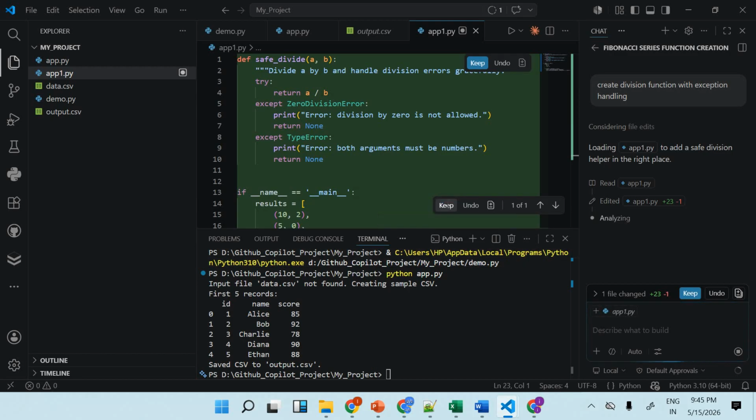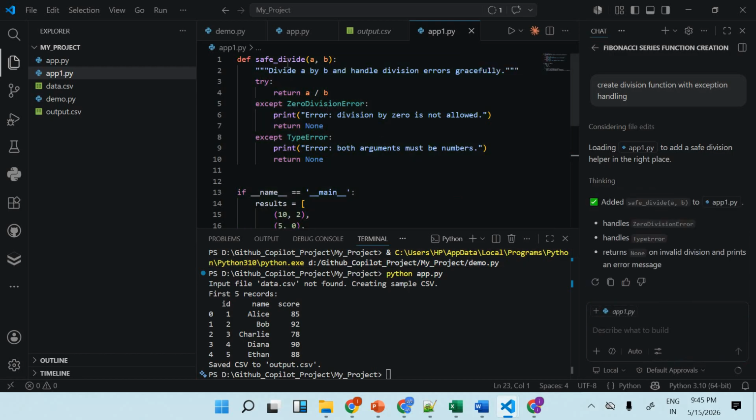Yeah, so I have to click on keep. So that way the divide function is created. Whatever logic we have, right, we can write directly with the help of a prompt. We don't have to write complete code. So that is the way of using GitHub Copilot, right? We can create any data science logic, AI ML logic, right? Suppose I need to write